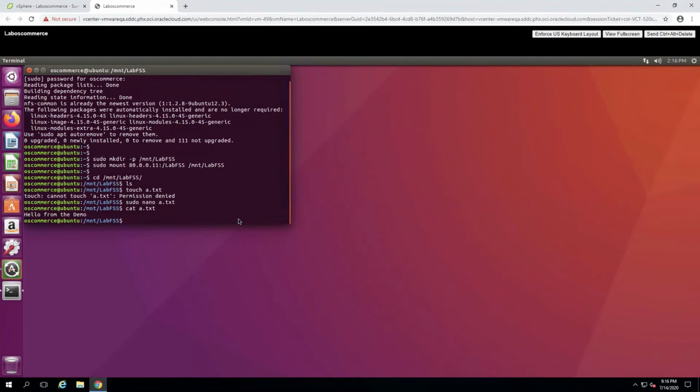Okay, so the file system is now mounted onto our virtual machine within the VMware environment. Now this can be further extended and it can also be mounted to a virtual machine within the VCN.